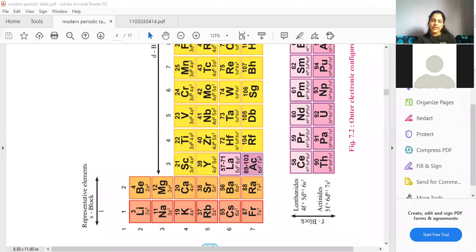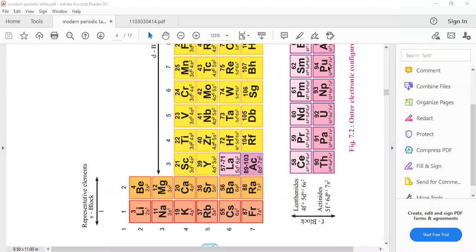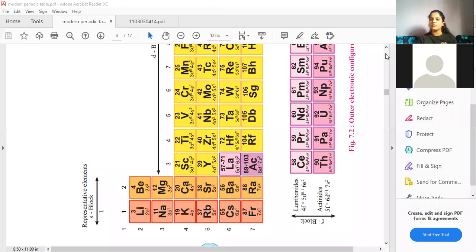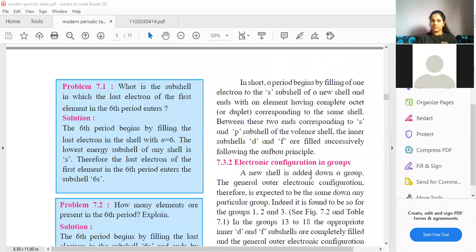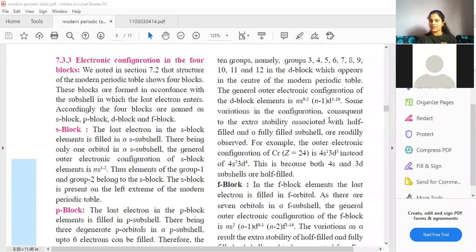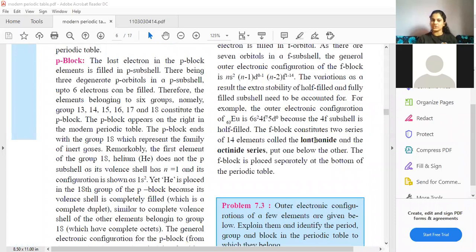She meant, then why does 4S come before 3D? Lenroy is telling. Is that what you are asking, Vaishnavi? Why does 4S come before 3D? Is that your question? Okay, wait, students. What we'll do is I'll quickly finish this block topic, and Vaishnavi, later you ask, before the lecture only ask the question, okay? Let me just quickly finish this topic. I'll stop the recording and then we can sort this out.